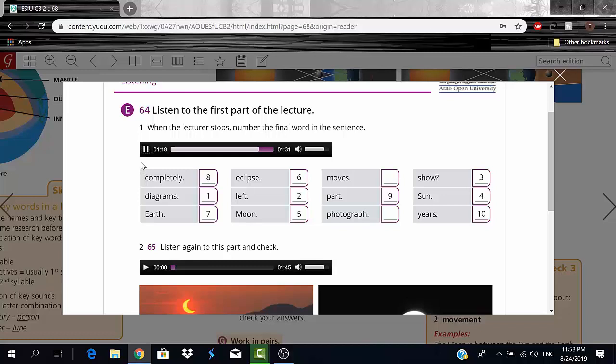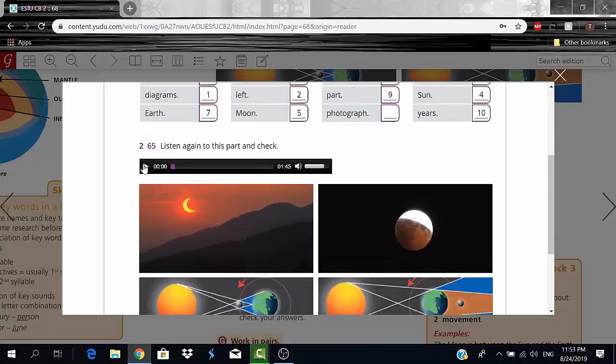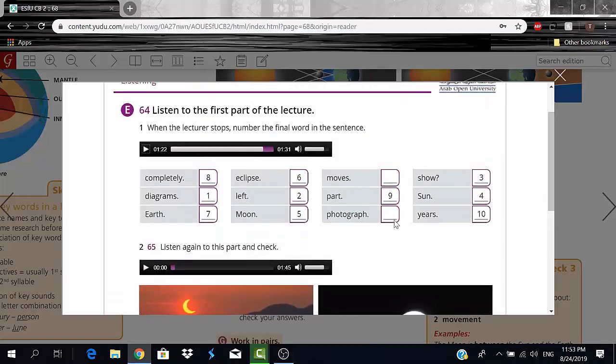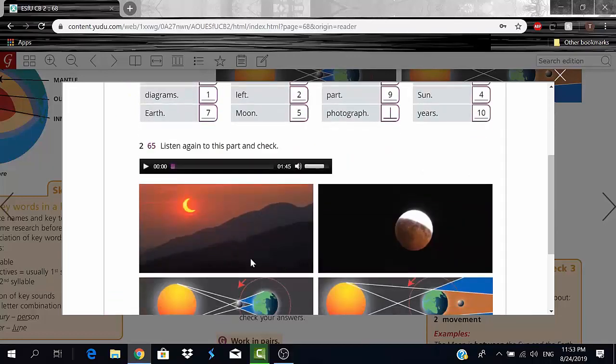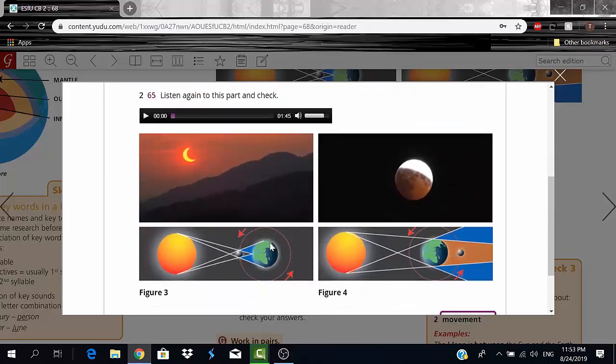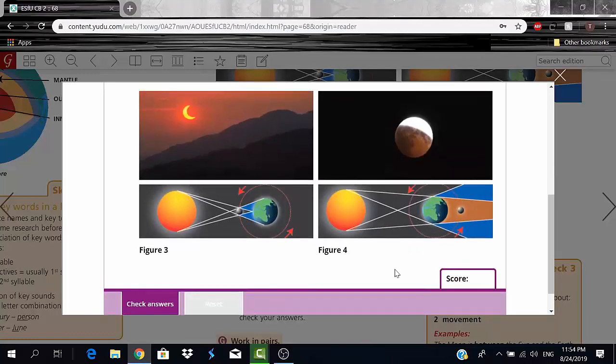11. Look at the diagram under the photograph, right? Because here we have the diagrams under the photographs, so 11 will be photograph. 12. The red arrows show the way that the moon moves. Number 12. And here you can see the arrows showing the way that the moon moves. Look, it moves anti-clockwise, okay? This is clockwise, this is anti-clockwise. Okay? So, that was simple.